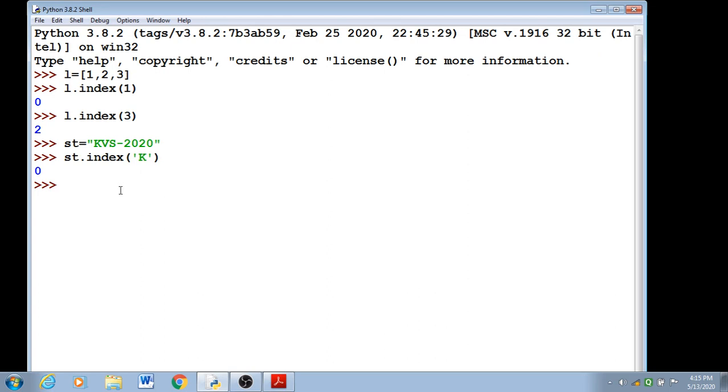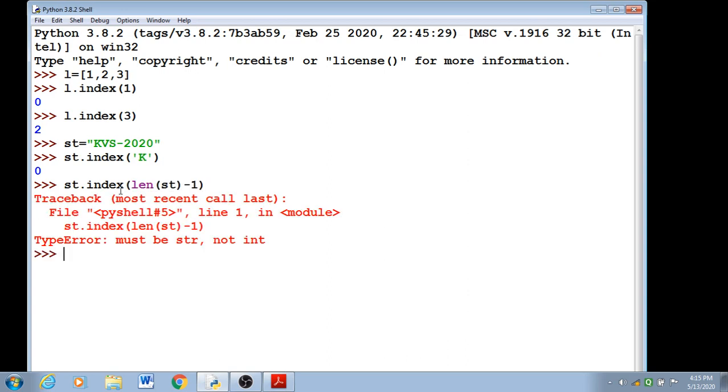You can give 7. Or st of index, len of st minus 1. Sorry, square brackets should be there. Indexing. Sorry, length of st.